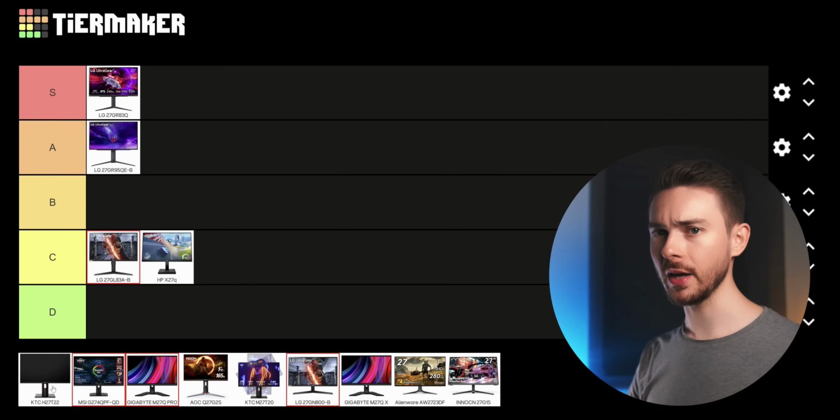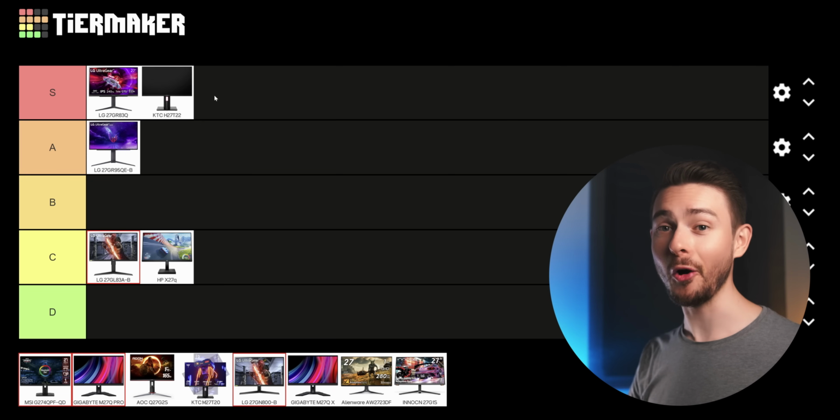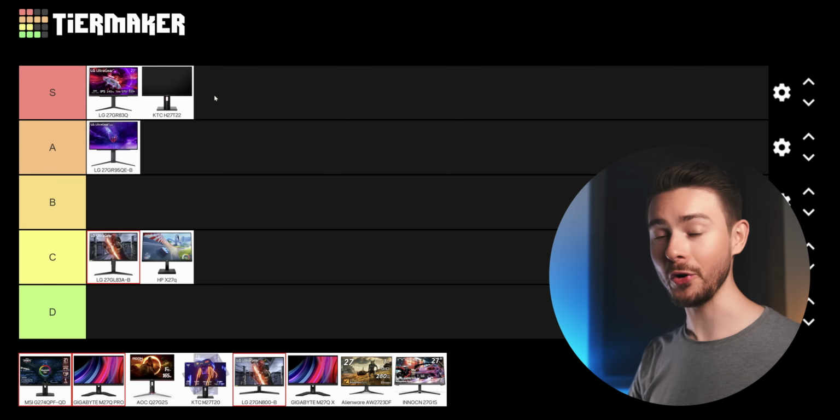One of the few downsides is that the sRGB mode is pretty useless. But with custom settings, you can definitely get a really good picture out of this monitor. So I think you guessed it by now, it goes straight into the S tier. It just hits all the right boxes, which makes it really hard to justify spending more on a monitor of the 144Hz class. I guess some people might be put off by the brand, as KTC still is quite new to the Western market, and in that case you might want to go for the